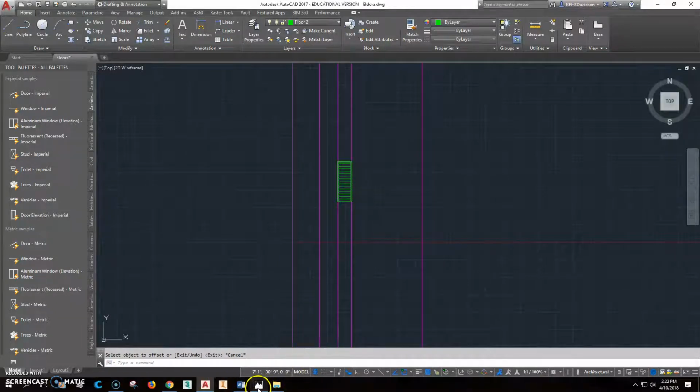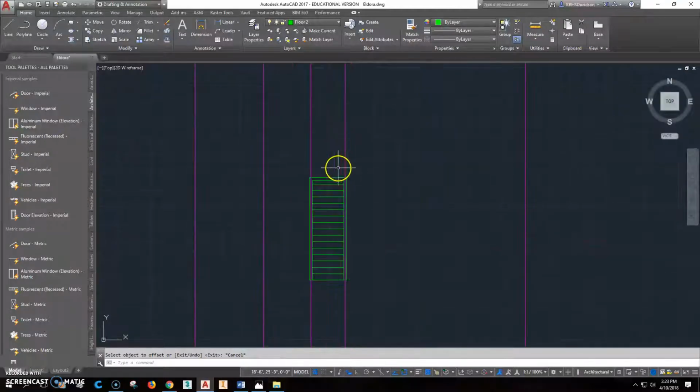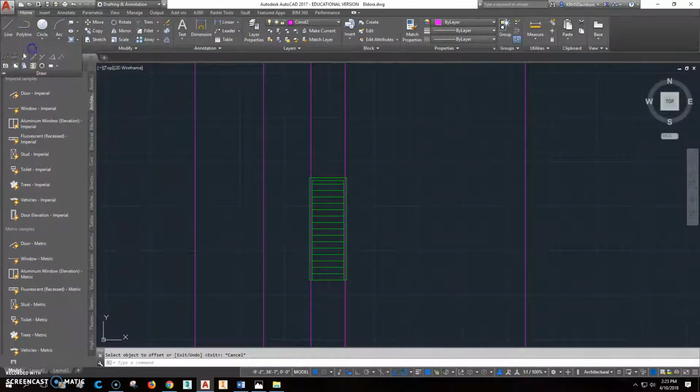Now, we have to come over here and figure out what we can figure out from here to establish. So from the top of the steps to that door right there to the outside there is 4'2", 4'8", 3'6". So we'll create a construction line, and we'll go with that, H for horizontal, and so from there,